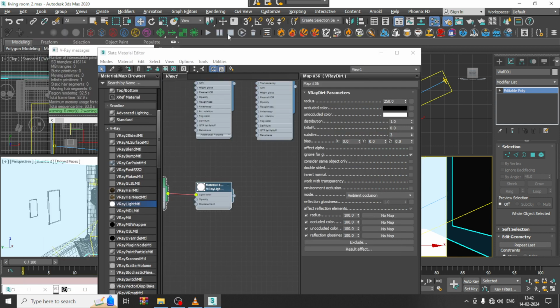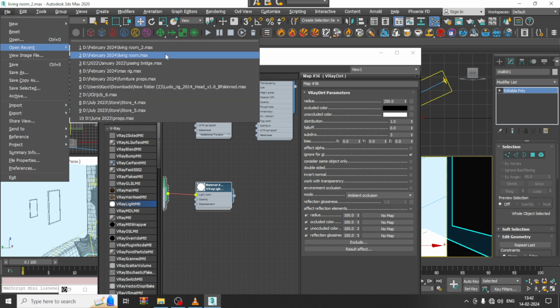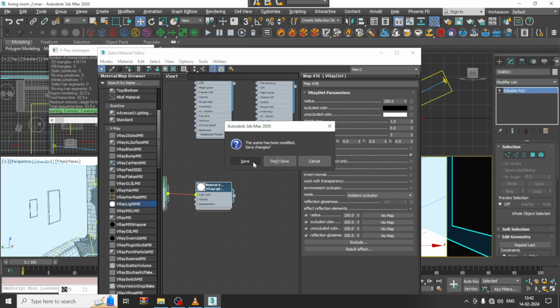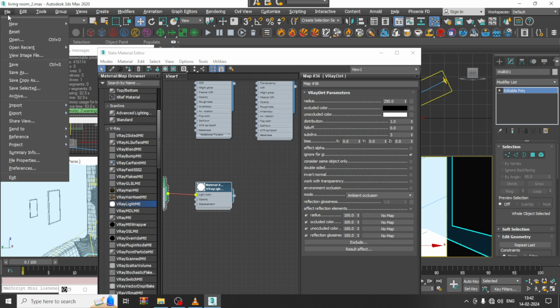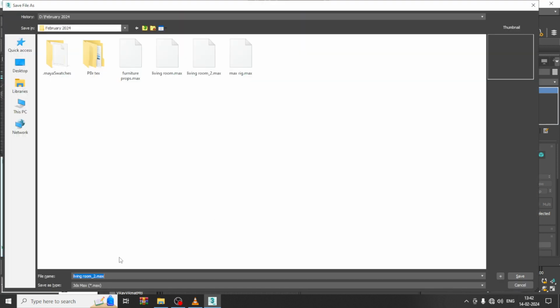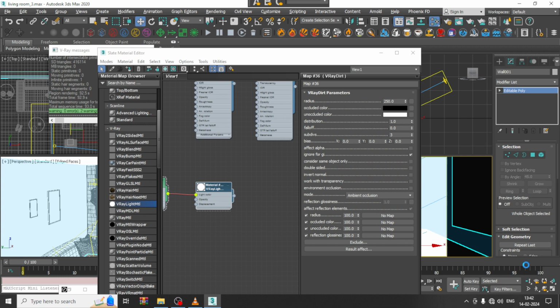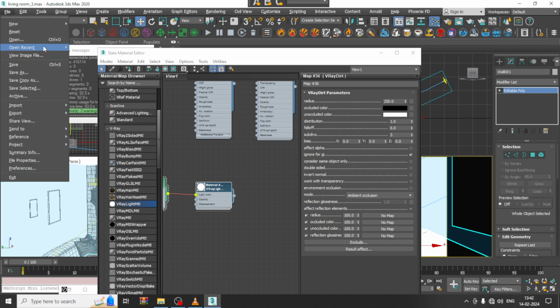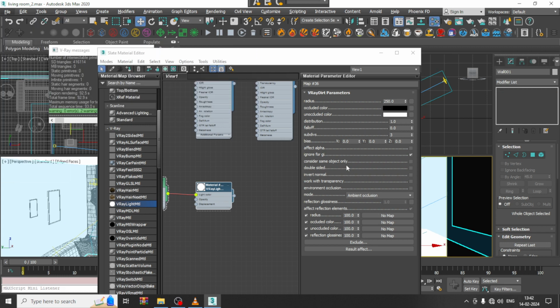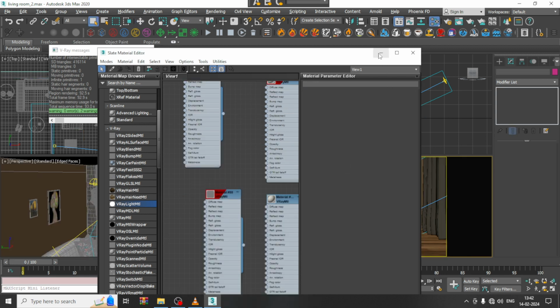Now let's go over here into the render setup. Let's open the first file. I'll just save it as the third file. So I'll definitely render it later. So let's open the second file. So go into rendering, go into render setup,